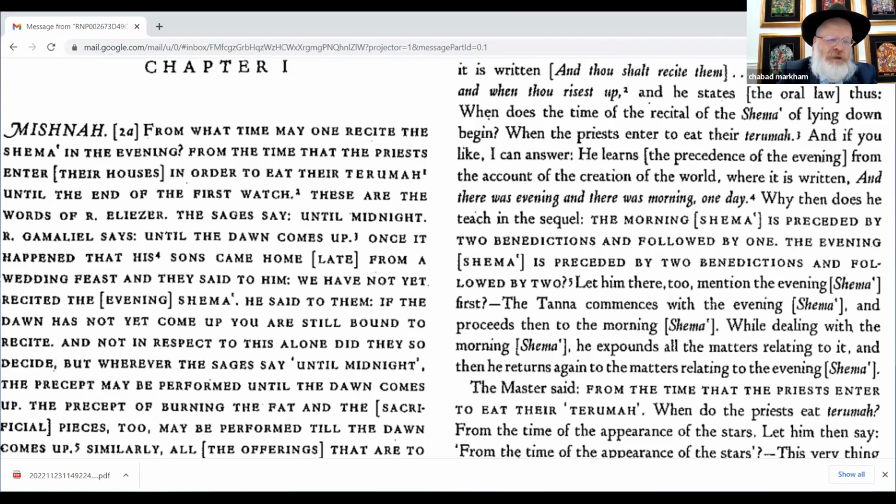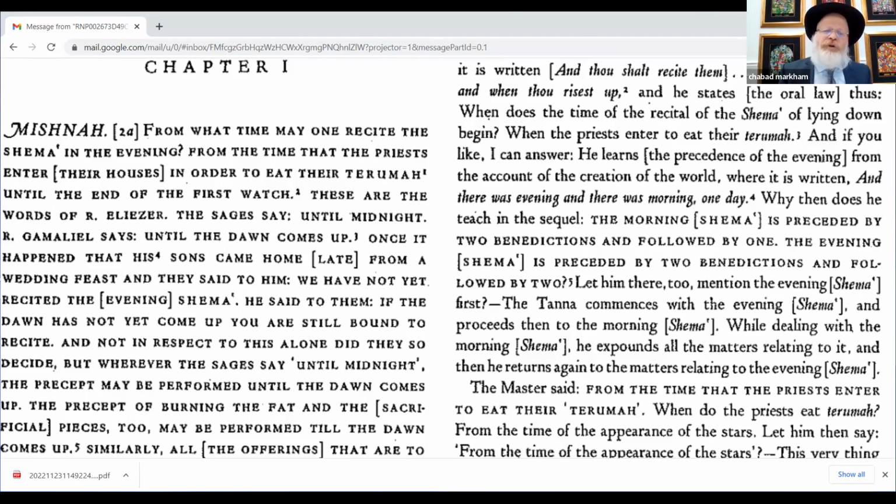Every day in the Temple, there were a lot of sacrifices brought. So one of the mitzvahs of the sacrifice is you're supposed to take the parts that you don't eat, all the fat and the sacrificial pieces. They have to be burnt before midnight. Yeah, go ahead. Maybe performed until, but the truth of the matter is that too may be performed till the dawn comes up. So Rabbi Gamliel says the mitzvah of burning all the sacrifices, which we are told finish up by midnight, right? They couldn't burn it all. There was a lot of sacrifice. They couldn't burn all the sacrifices during the day, so they were allowed to do it until midnight. But he says, truth of the matter is they're allowed to do it until dawn.